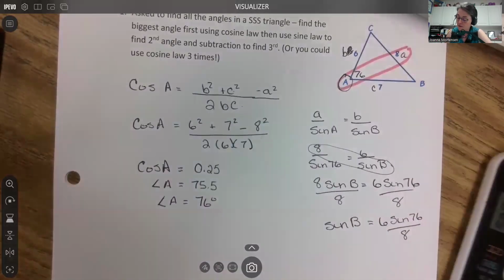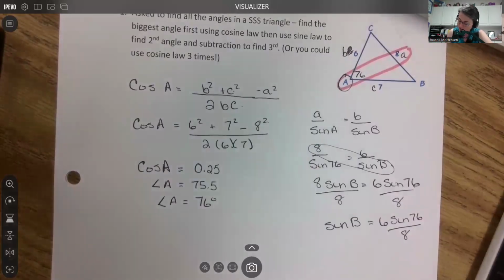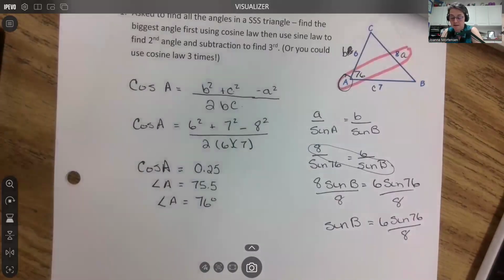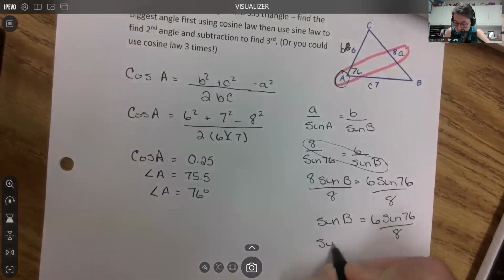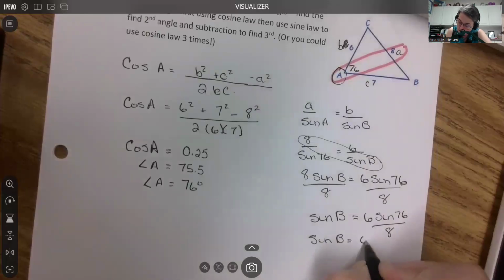Oh, that was working before, but that can't be right. 6 sine 76. I'm just going to hit my equal sign. Oh, it was right. I'm just having a brain fart. Sine B, that's not my angle. That's the cosine of my angle,